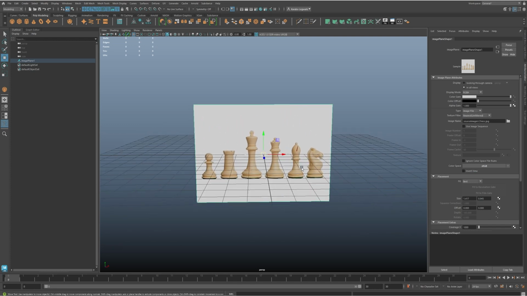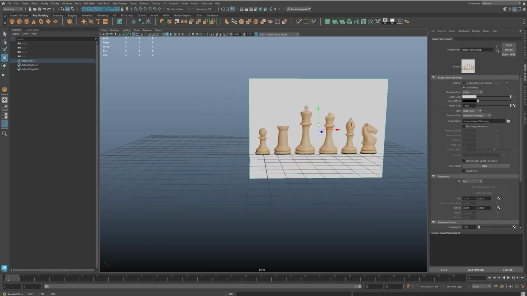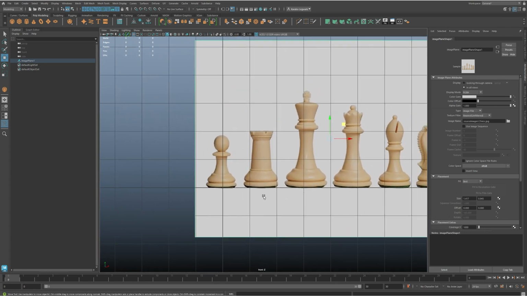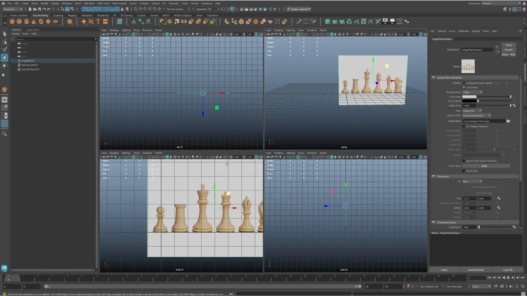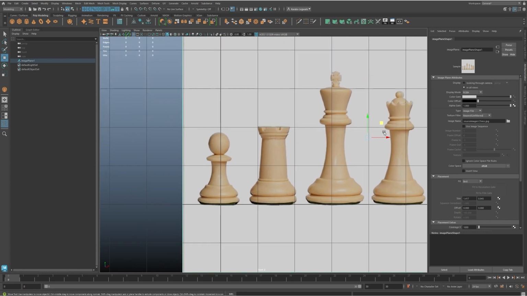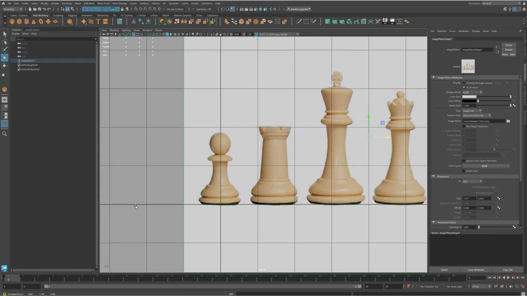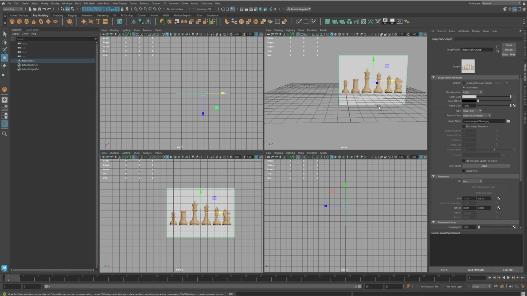I'm going to hit W to activate the move tool. I'm going to move this because I'm going to start with the pawn, and I might go into the front view here by hitting space. Hit space to show all views, then put your mouse over the front view and hit space again. And that is how we're going to place the pawn. We want it to be sitting on this thicker line here, which represents the floor,